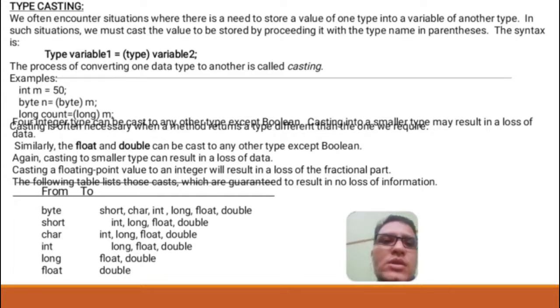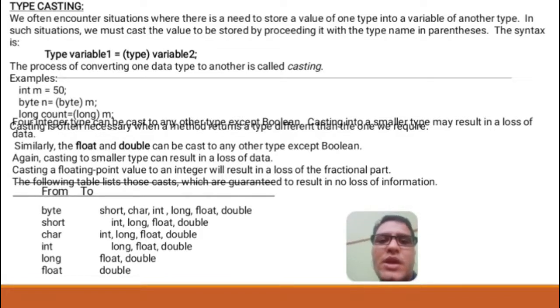Whenever we do this casting operation, we should note that when we convert a lower data type to a higher data type, no data loss happens. Whenever you convert from a higher data type to a lower data type, you will definitely lose data.